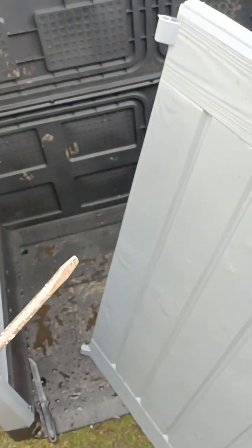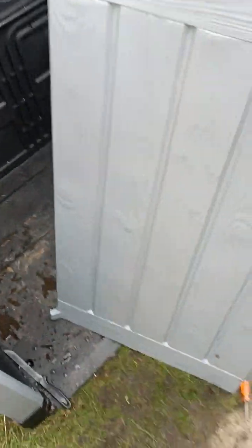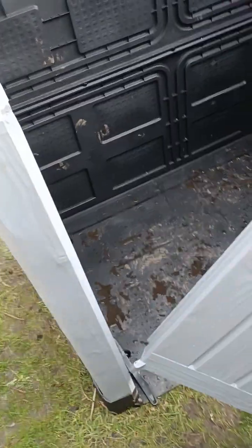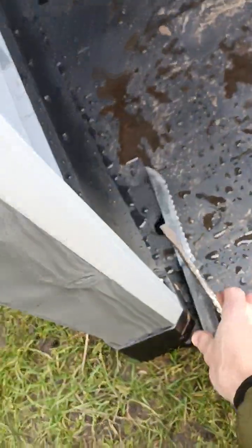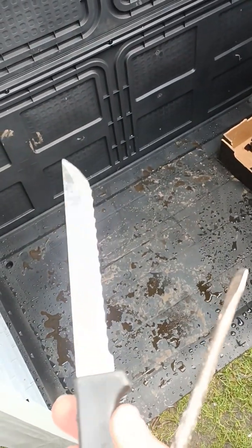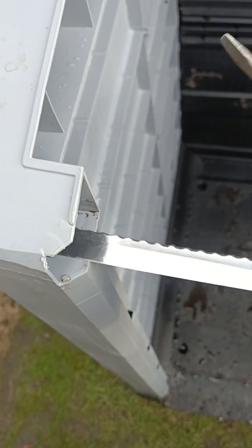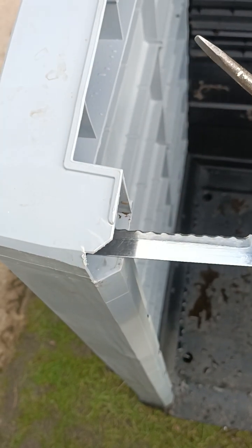So will we now put the door on? Yes, let's put the door on. It didn't take long to take that out, did it? Do you want to put it on? Five minutes? Yeah, it was like five minutes to put it on. So there you go. There's a really thin kitchen devil knife, razor sharp, and it just slid in. I slid it in down below, and I went in this side to push it over,